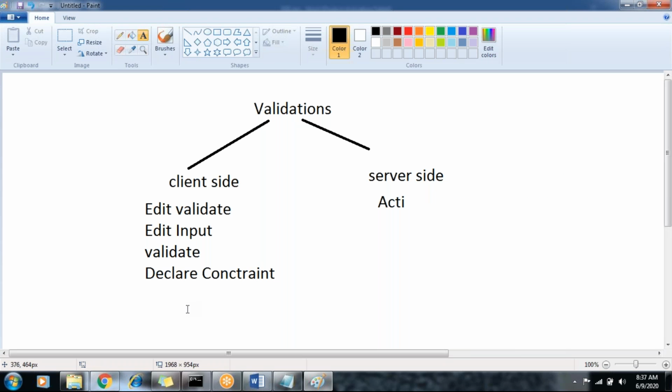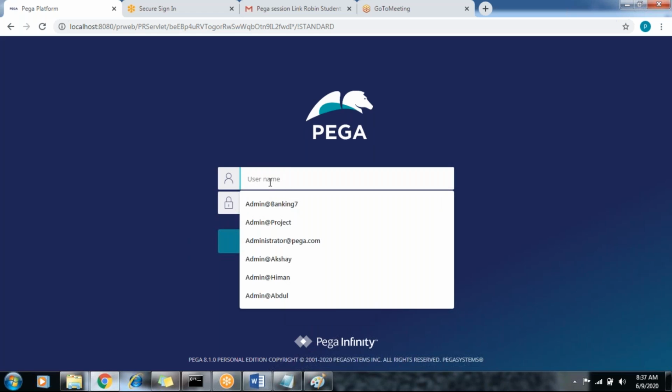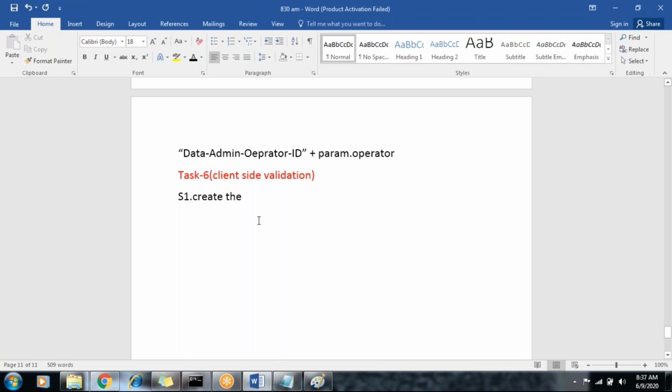First, we'll do this task. How will you apply this validation? I'm creating the properties and creating the case type. I'm going to apply this task in another case type. Inside the case type, we need to create the properties.